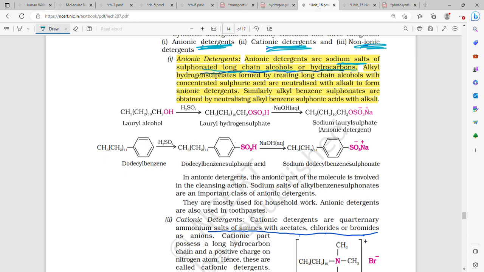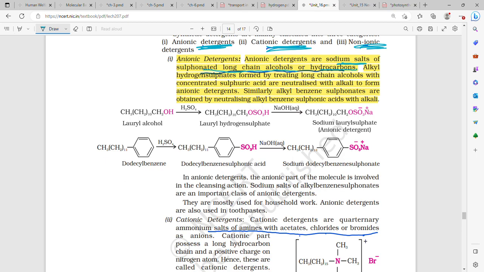In the case of soaps, we used to take glycerol ester of fatty acid, long chains, and then react it with metal hydroxides. Then we used to get sodium stearate, that is the sodium or potassium salt of stearic acid, oleic acid or palmitic acid. Whereas in an anionic detergent, all the properties are going to be the same, but soap is not going to be there, that is, fat and vegetable oil, all those things are not going to be there.